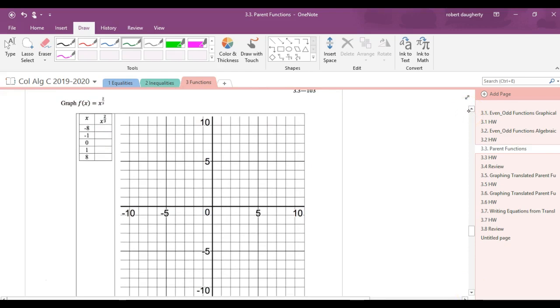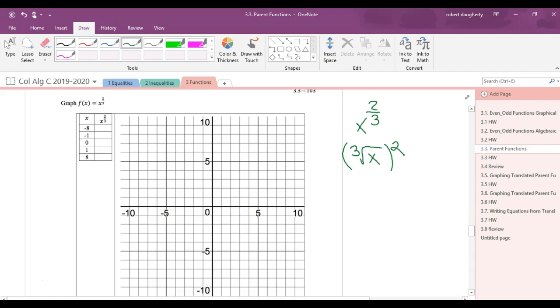Now, we've got to take a little care with this one. This is x to the 2/3. What does it mean to have x to the 2/3? What does that mean? Well, you can't plug in x to the 2/3 on a calculator. So here's the deal. This means the cube root of x